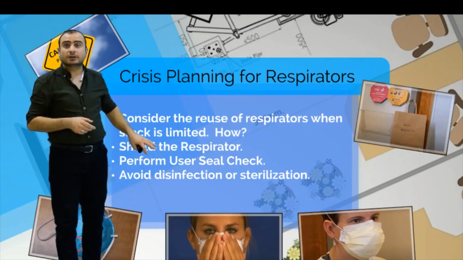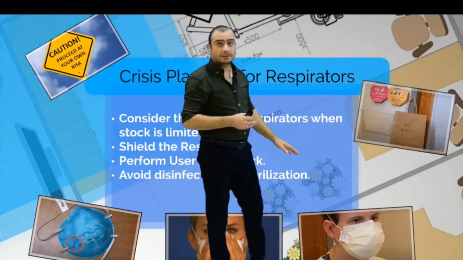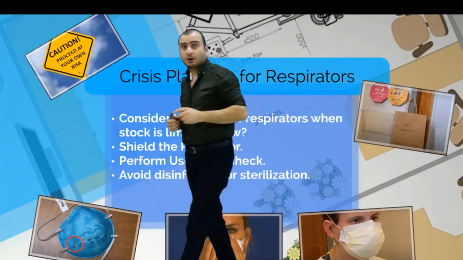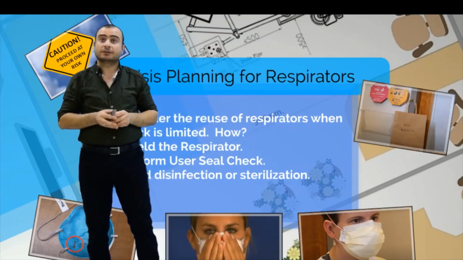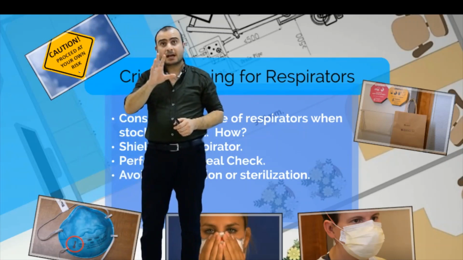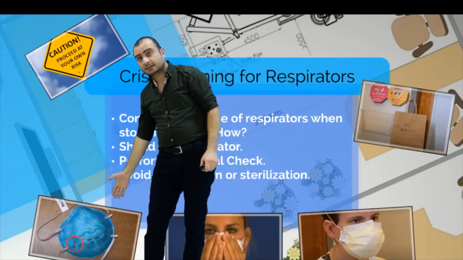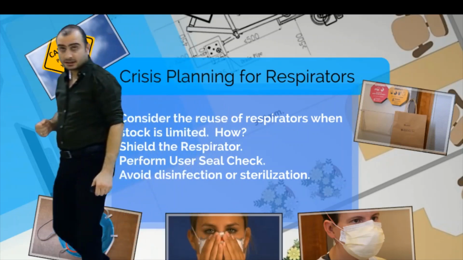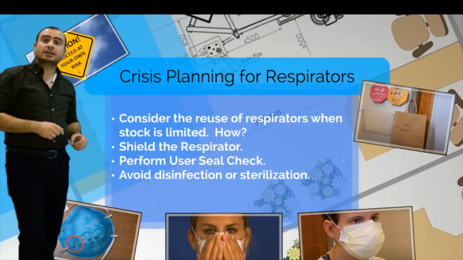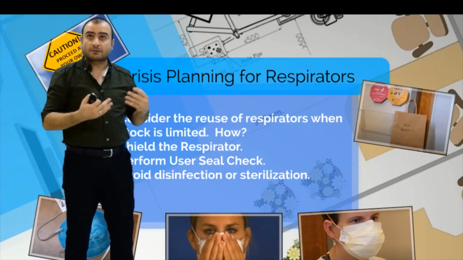We might also consider shielding the respirator. Shielding the respirator can be done by using a water resistant face mask on top of it. This will prevent the contamination of the external surface of the respirator with blood splashes or droplets that are formed during the treatment. If we have a respirator that has been contaminated on the external surface, it should be disposed. We need to perform a user seal check after each reuse